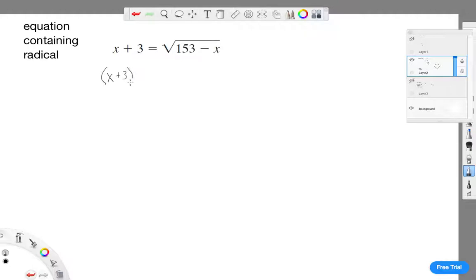So we've got x plus 3 squared, and then that's going to be equal to all of this squared, just take away that square root sign, 153 minus x. And now we will do our FOIL method and come up with x squared plus 6x plus 9 is equal to 153 minus x. Let's take all of this and join our like terms on the other side. We'll get x squared plus 7x minus 144. 144 is a perfect square of 12, but we don't have a perfect square trinomial here,